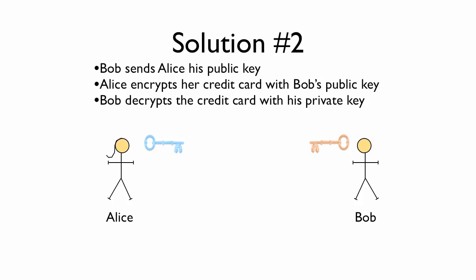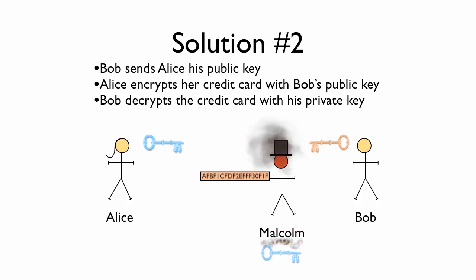Because Alice is going to take that key and take her credit card, and she's going to go ahead and encrypt her credit card using Bob's public key. Now she comes up with an encrypted value, and the only key capable of decrypting that value is Bob's private key. So she can turn around and send that encrypted value over a public network like the internet,